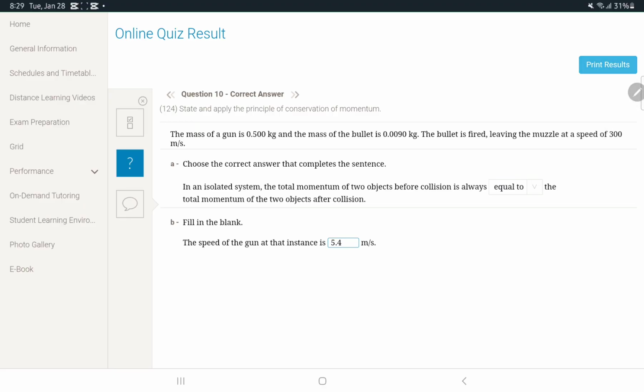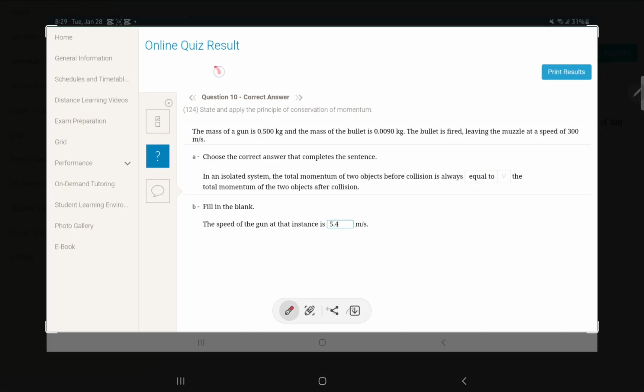Okay, now we have another system. m1u1 plus m2u2 is equal to m1v1 plus m2v2. If you're ever lost on which rule to use, always write the givens first, then write the rule. So now we have the mass of a gun. Let's just substitute all values. 0.5 times